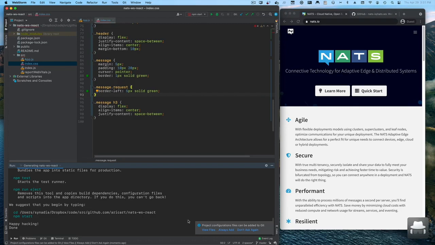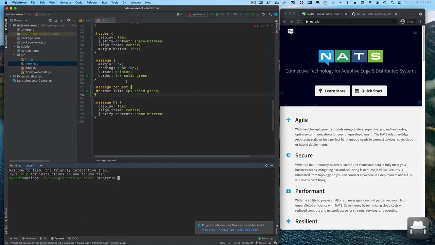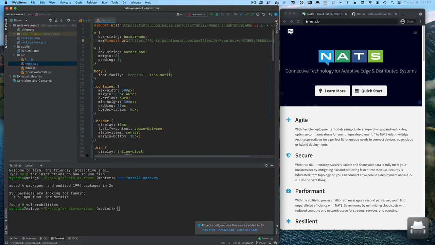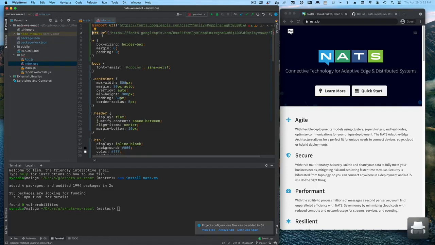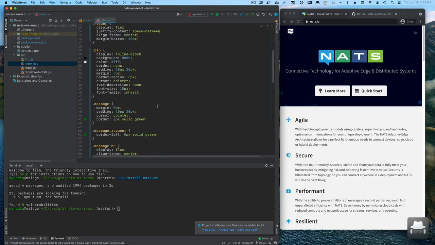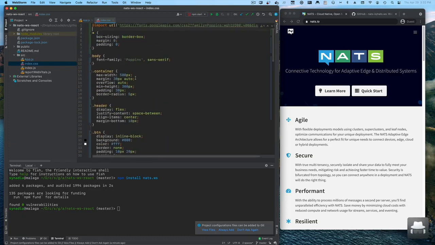With that done, now we can actually go ahead and continue. Actually, I'm going to install the NATS WebSocket library. So npm install NATS WS. And after that is done, there's still some other issue here. Looks like more extra stuff. Let me delete that real quick. Yeah, I copy pasted it twice or something. So, okay. Now,